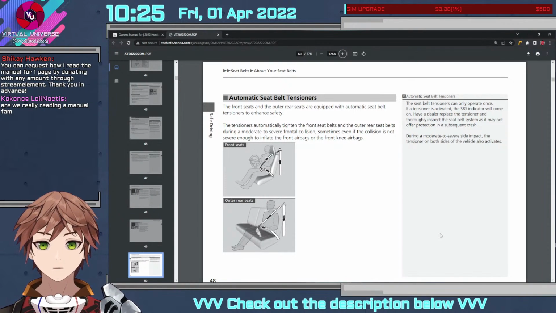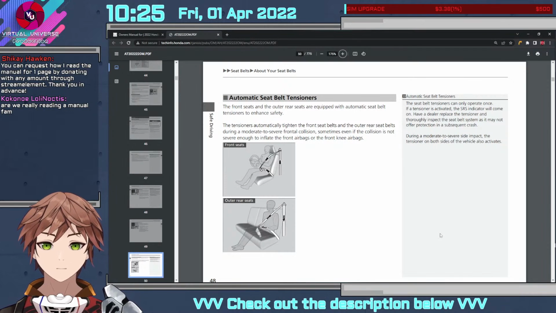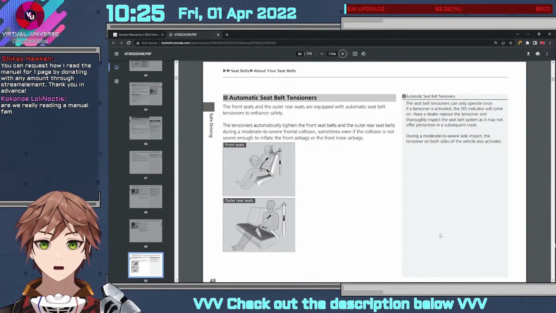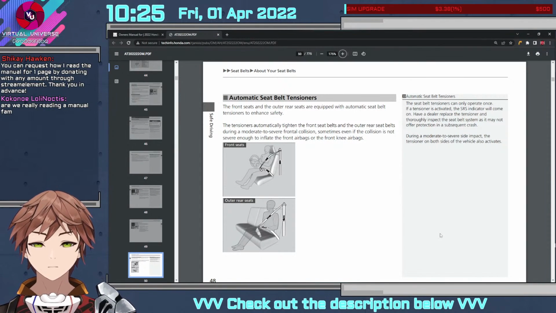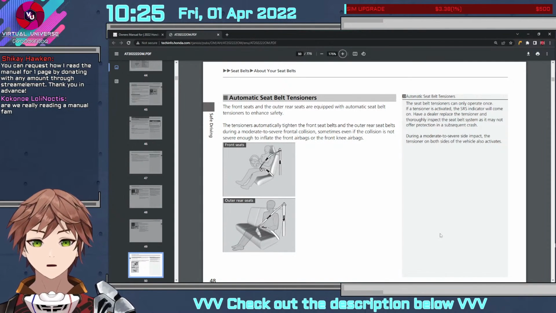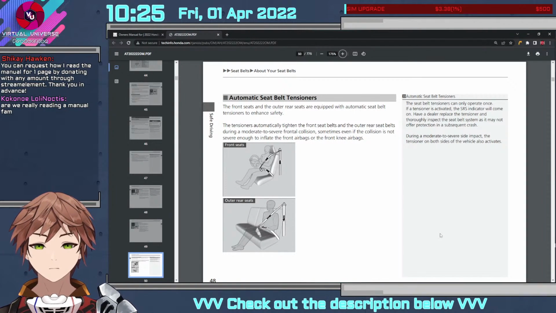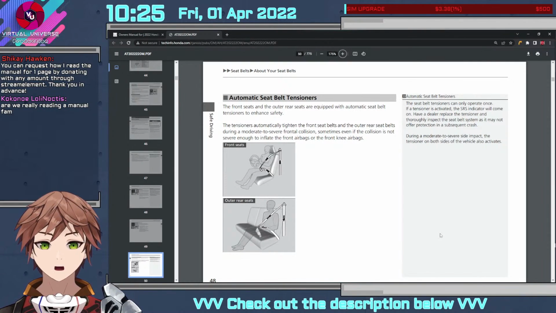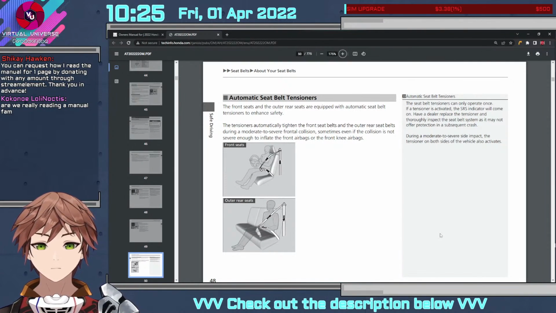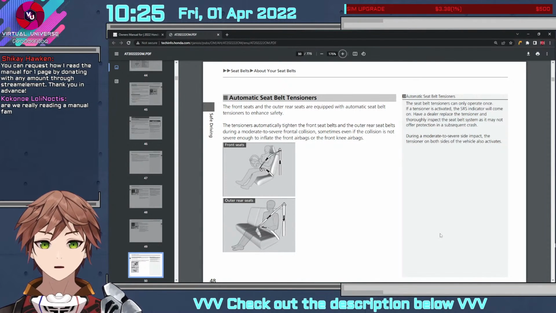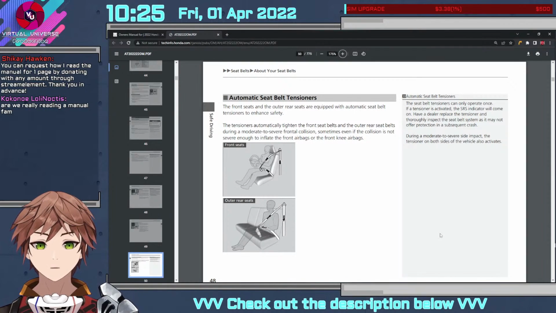Automatic seatbelt tensioners. The front seats and the outer rear seats are equipped with automatic seatbelt tensioners to enhance safety. The tensioners automatically tighten the front seat belts and the outer rear seat belts during a moderate to severe frontal collision. Sometimes even if the collision is not severe enough to inflate the front airbags or the front knee airbags,